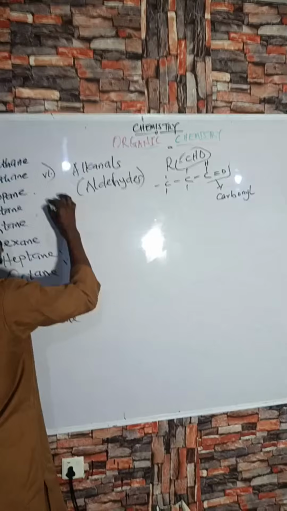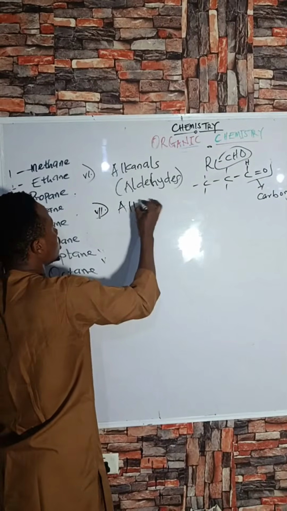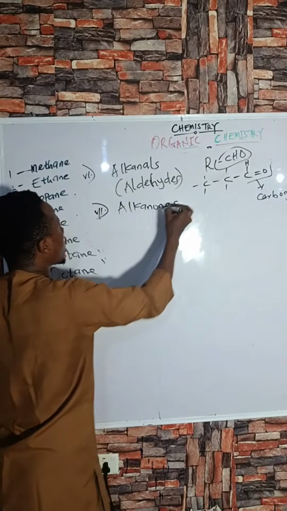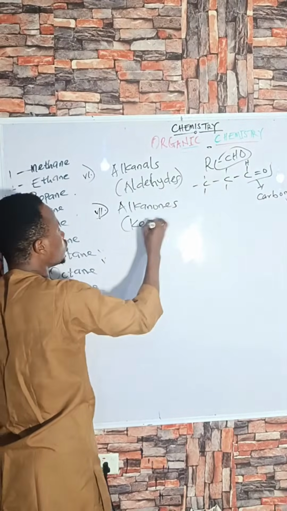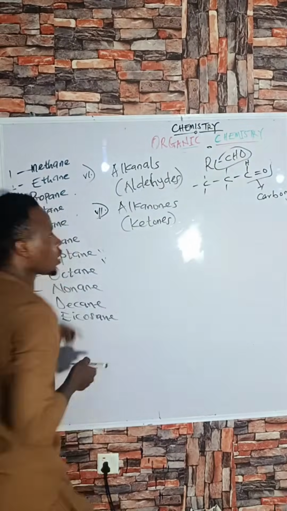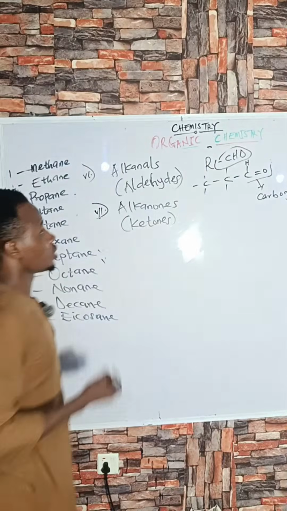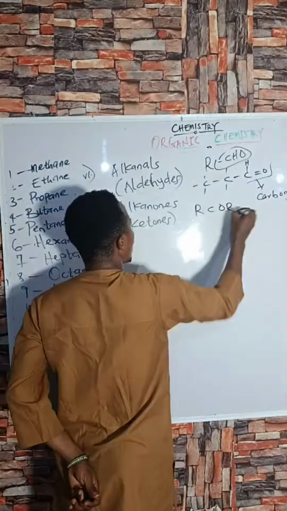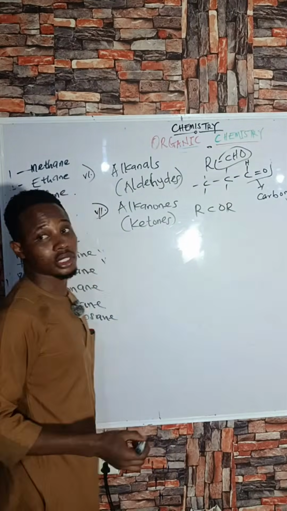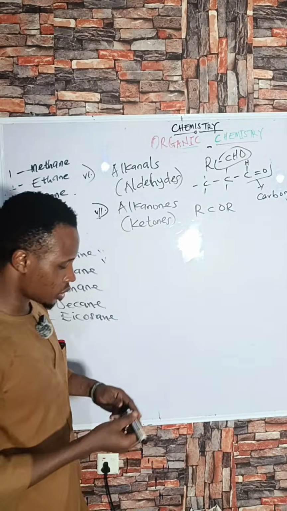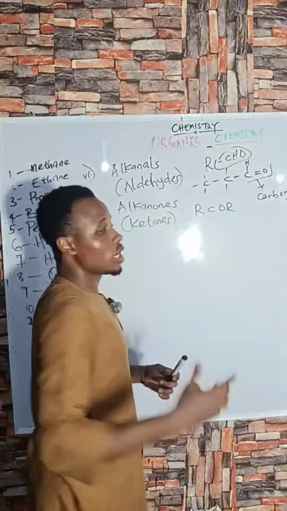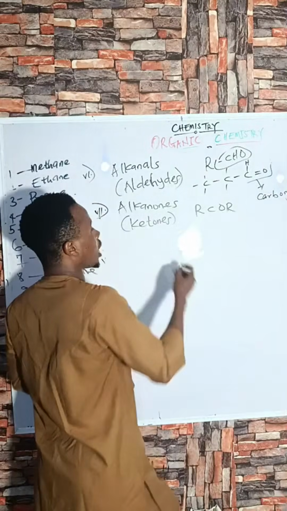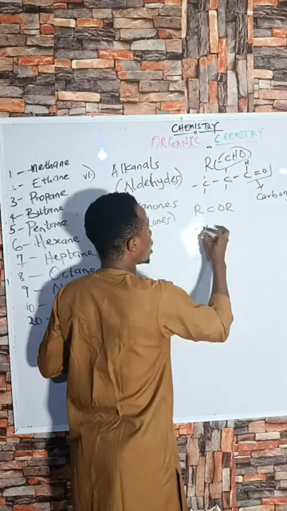So alkanones. Your alkanones are otherwise called ketones. For your ketones, they are represented by RCOR. Now for RCOR, let's say you give me your first R as methyl, C, and then you give me,